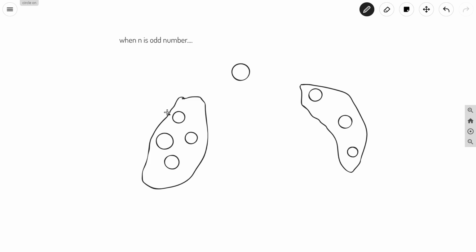So I will write here, these are full binary trees at the left part, and these are full binary trees at the right part.